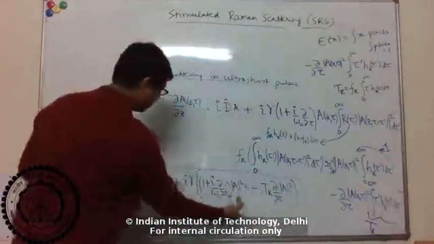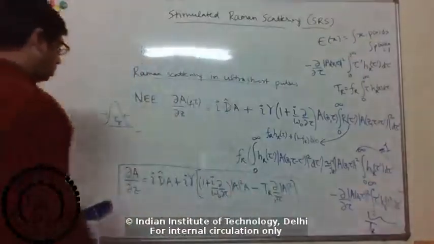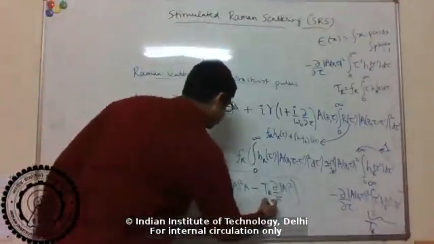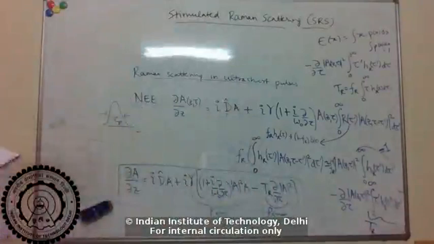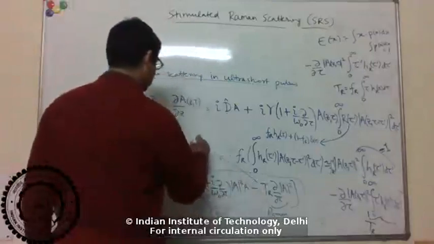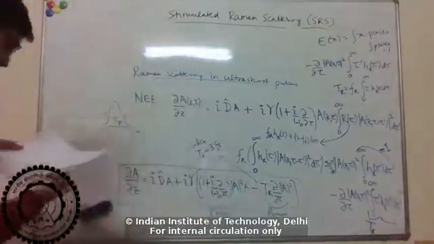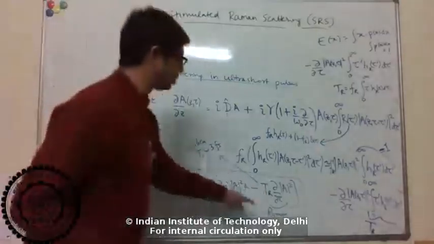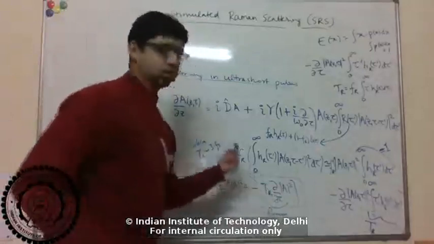So you can see up till here we already had with the Kerr nonlinearity, and then due to the Raman we have this etc. Okay, so this is due to the Kerr, and this is due to the Raman. Okay, so for example, again for silica, this TR is about 3 femtosecond. Okay, so for different materials, this Raman response time, or sometimes known as the Raman shock time, is a material